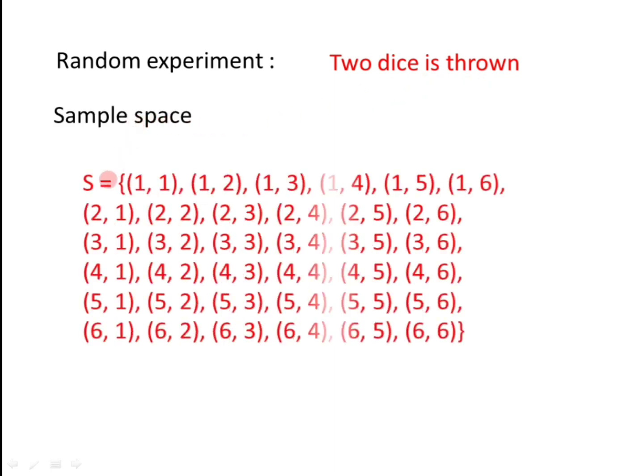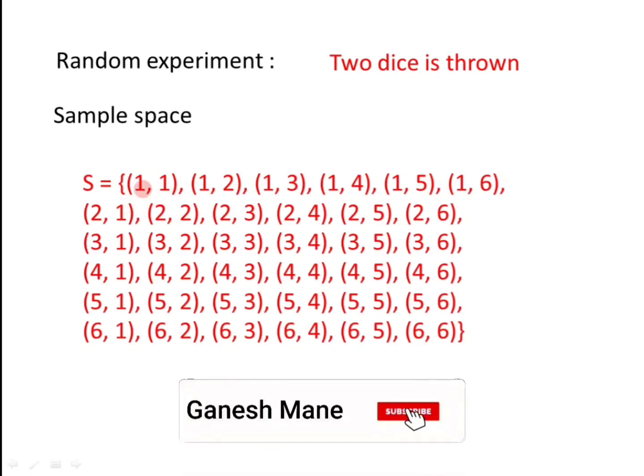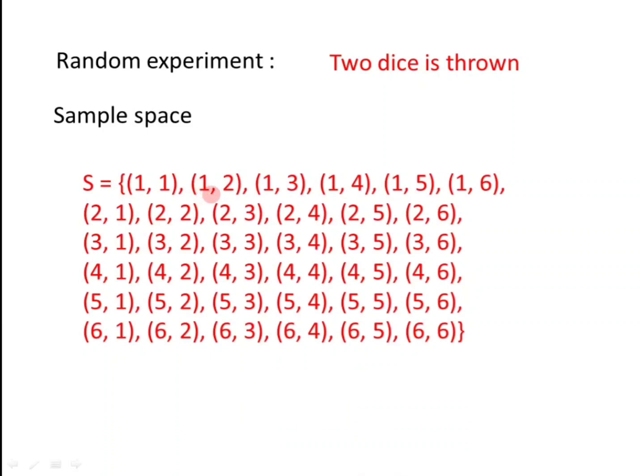Next random experiment is 2 dice are thrown. Suppose we have 2 dice and we have to throw those 2 dice at the same time. The sample space would be 1,1, 1,2, 1,3 up to 1,6. That means for the first possibility on both the dice we can get number 1. For the second possibility on the first die we can get 1 and on the second one we can get 2. In this way for the sixth possibility, on the first die we would have 1 and on the second die we would have 6. Now if we start with 2, that is we can get 2 on the first die